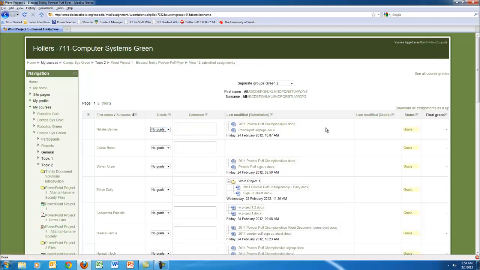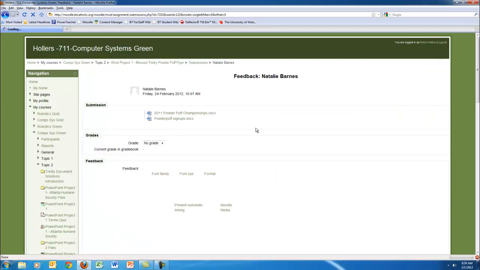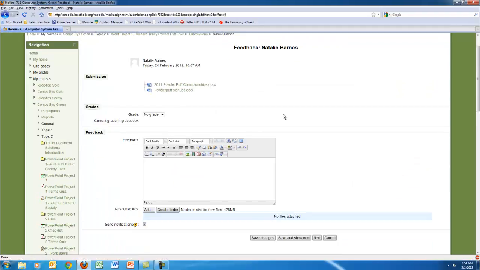If you want to grade assignments in order, I click on this yellow grade box here, and what it does is it actually takes me to a little bit longer grading style, but allows me to add more detail. The other nice thing about this too is that if you'll remember, I said you could download the files and then make comments, and then you can add response files. So for example, I could